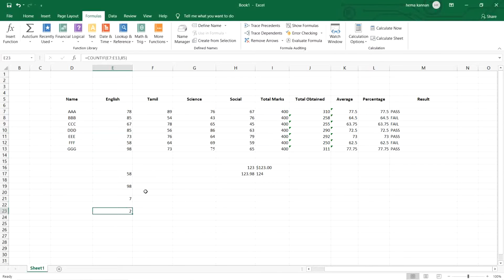This is for COUNTIF. So till now we have gone through the formulas of sum, average, and we did percentage, if condition, max, min, text formatting, and count, COUNTIF.